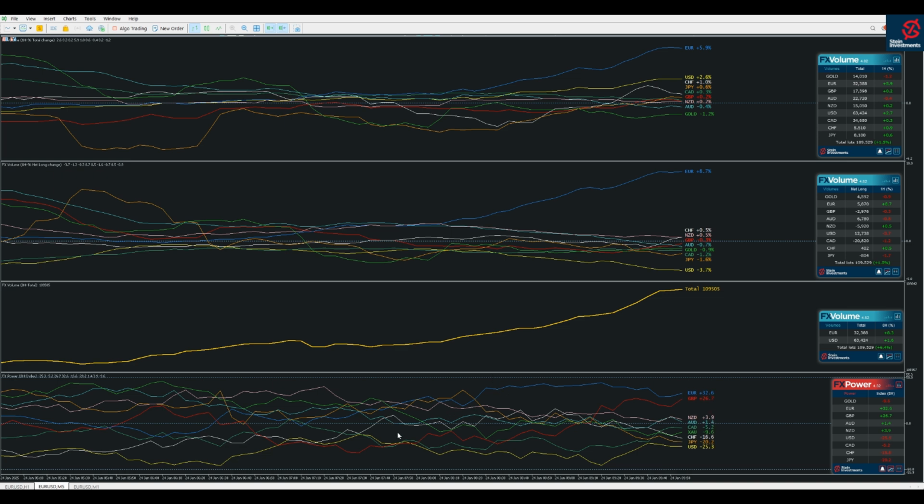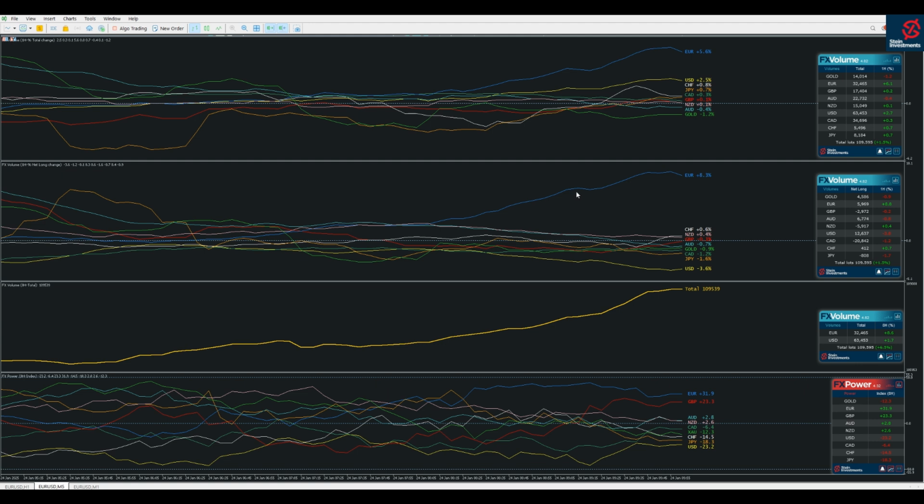In the fourth subwindow, we have FX power. This is just to confirm if the currency strength goes in line with what we see in the volume, and it gives us some additional information on how the market evolved over the past 8 hours. We use an 8-hour comparison here to see, for example, at the London opening, how currency strength changed during the Asian session. What we can clearly see is that the euro is the most requested currency today,